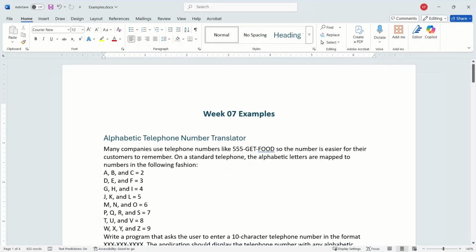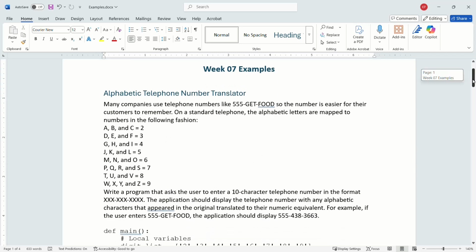So, alphabetic phone number translator. Many companies use telephone numbers like 555 get food, so the number is easier for their customers to remember. On a standard telephone, the alphabetic letters are mapped to numbers in the following fashion. A, B, and C are matched to number 2, D, E, F to 3, G, H, I to 4,